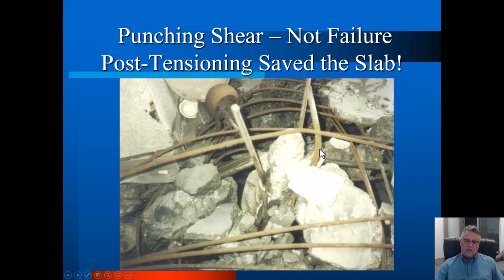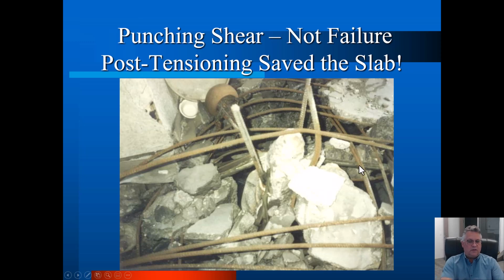What you're looking at is a little bit farther into the building. This is actually a column that looks like it's been shaved like in a pencil sharpener. It's necked down. Looks terrible, except for the fact that it's still standing. It's still acting like a column. And it's not acting like a column because of anything the rebar is doing.